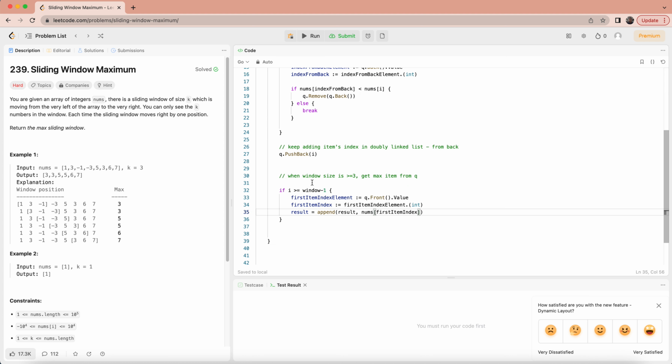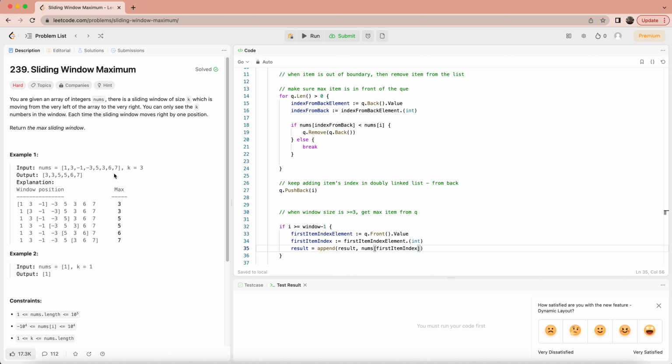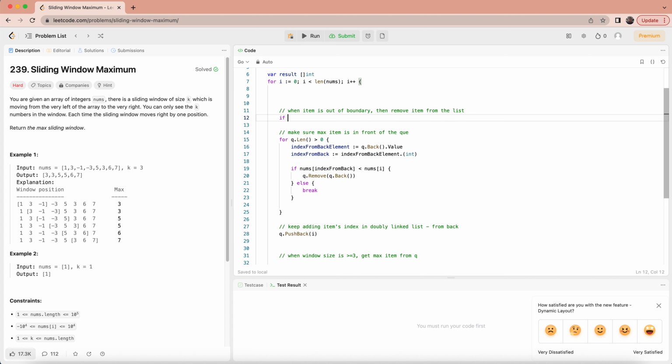So one more case we need to handle is when the item is out of the boundary, then remove the item. Because we see the 3, we get the 3, and when we come to this place, the max item again will be the 5, but we are just getting the item from the front. When we reach the boundary, then we need to remove this 3 also. So next time the highest item, again 5, will go in front, and that will get a chance to be added in the result. So for that, the condition is like, first we'll check of course if queue length